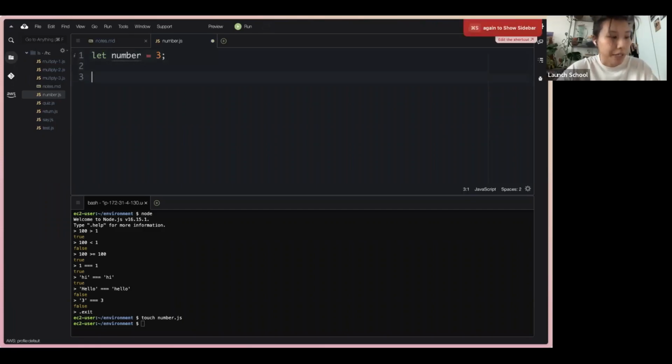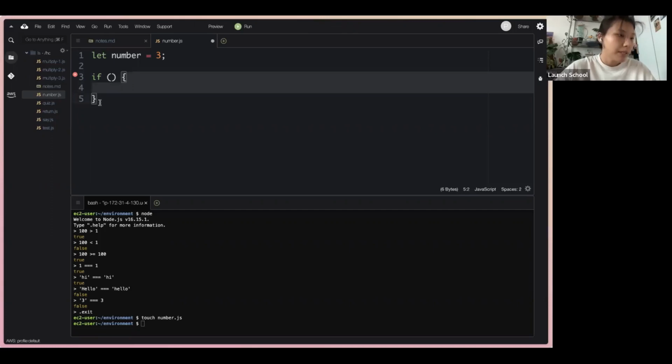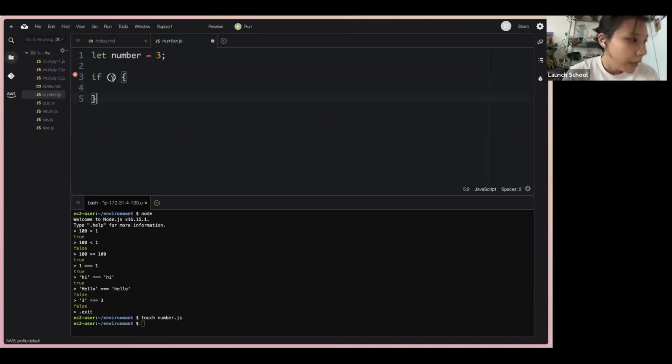Okay, now we're going to create our if statement. So I'm going to use the if keyword followed by a space and then some parentheses. This is the parentheses where we're going to place our condition. And then after that, I'm going to put another space and then write a set of curly braces. And I'm going to open those curly braces up, hitting enter in between. So in between the curly braces, this is known as the clause or a block of code. And this block of code is going to execute if the return value of the expression in a condition is